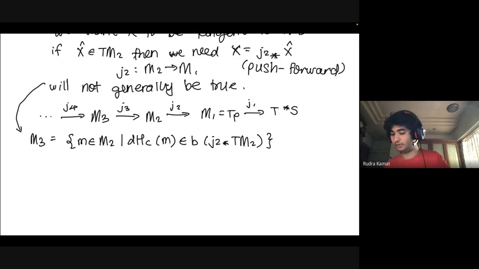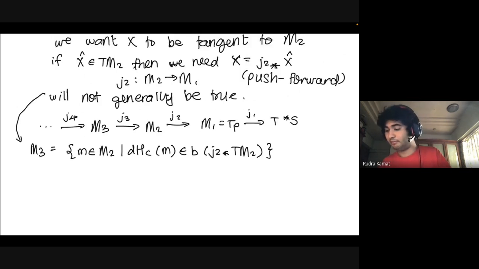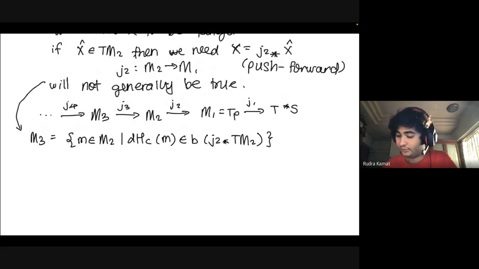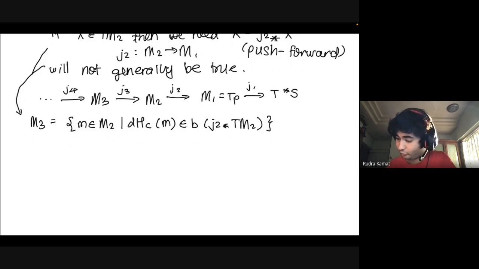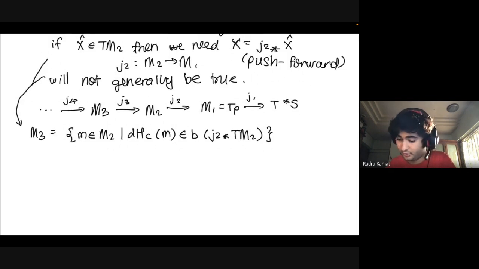So the statement I've written here is basically demanding the tangency condition, if you think about it. Since DH of C is a one form, DH is a one form, we need the push forward, but we also need to apply B on it